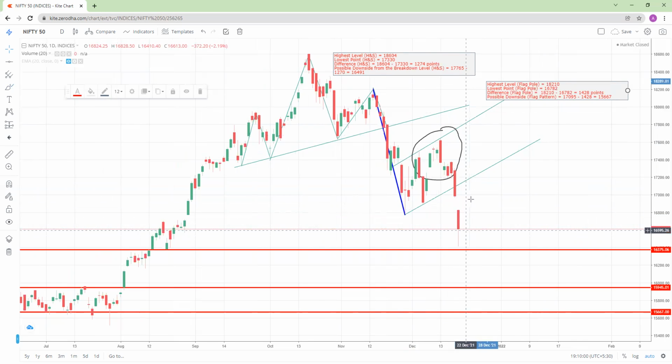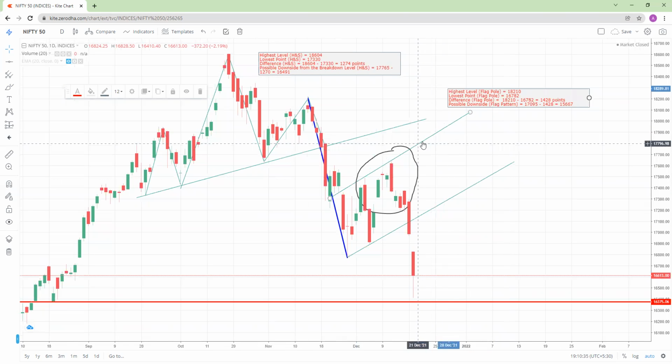If Nifty 50 tries to move upward, it will first find resistance on this line. So this line will act as a resistance to Nifty 50. There is a possibility that as and when Nifty 50 touches this line, it will try to fall back again. So we can say that some strength in Nifty 50 will come only when it closes above this line, maintains its strong position and keeps closing within this channel. This is a channel also, and some strength will come only once it breaks this line and manages to hold that breakout on the upper side.